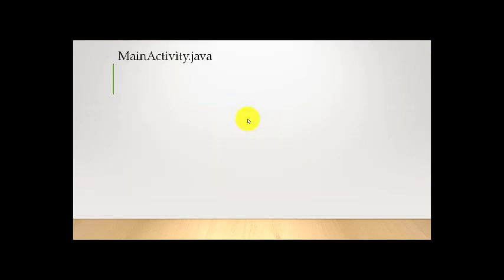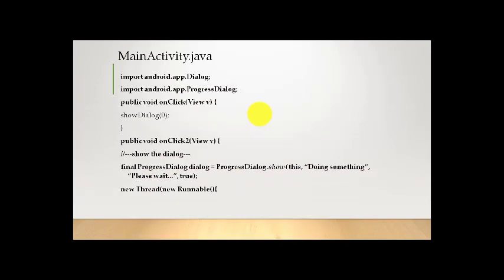Now in MainActivity, after clicking on the button, it will generate the onClick event. So now here we have code which is used to generate the event. First of all we will require some packages to deal with the progress dialog. By default there are many packages available in Android, but in MainActivity.java there are two packages that are mainly used for dealing with the progress dialog, that is import android.app.Dialog and android.app.ProgressDialog. These are the two packages that are used for handling the progress bar.